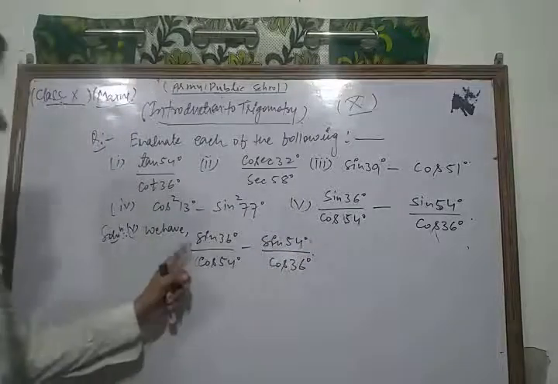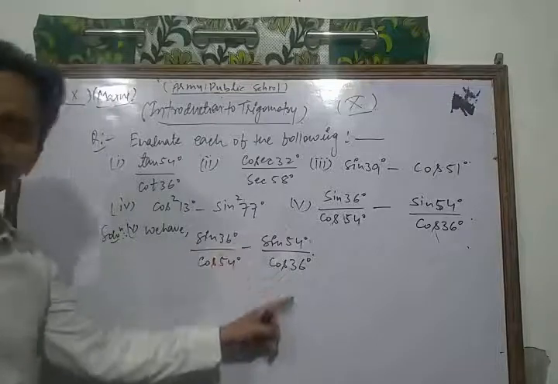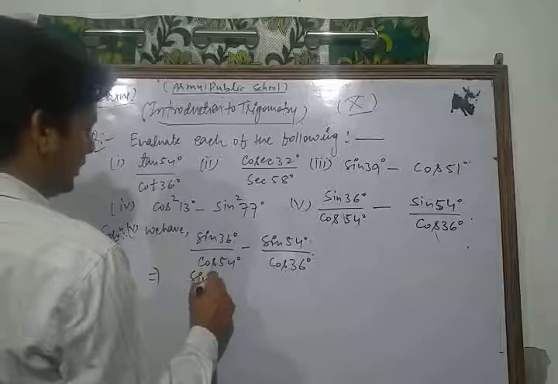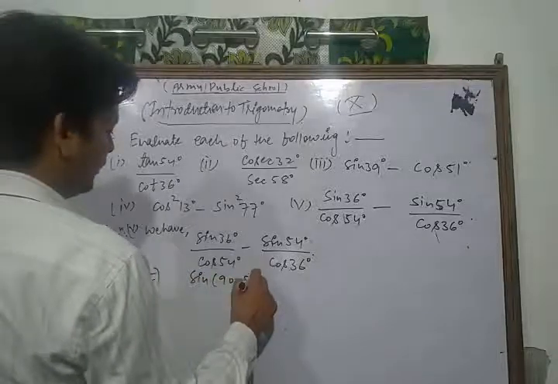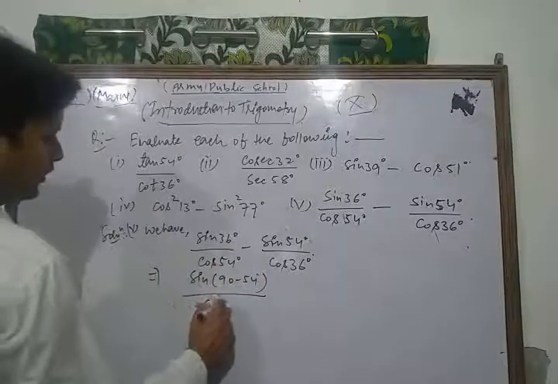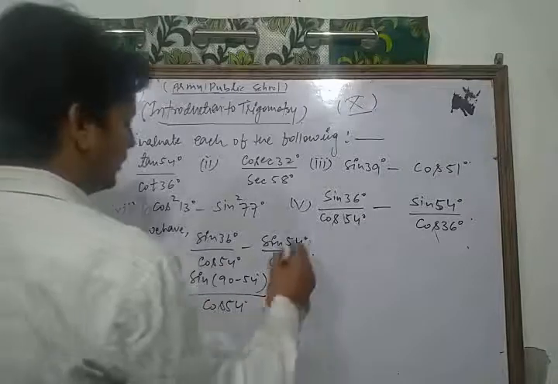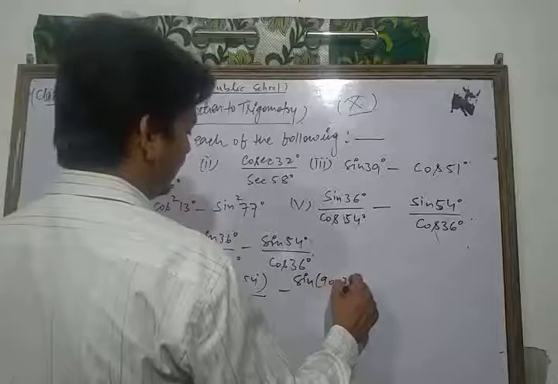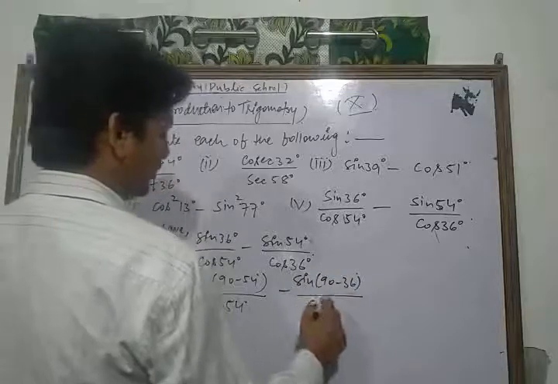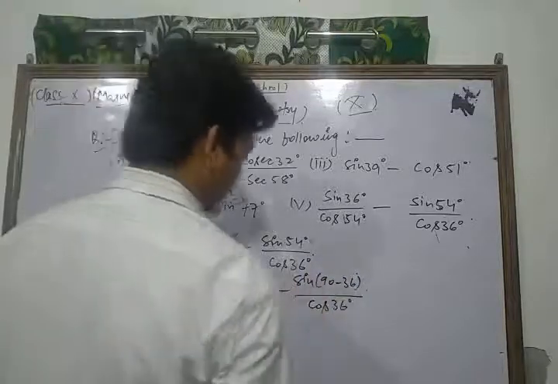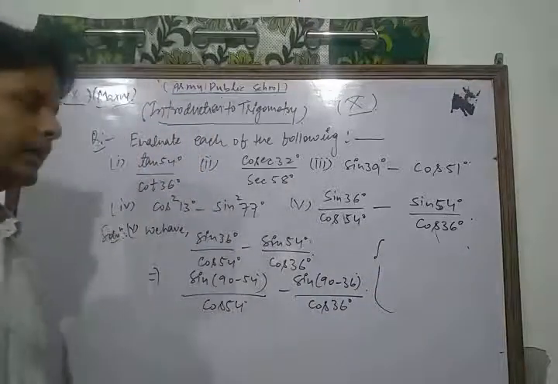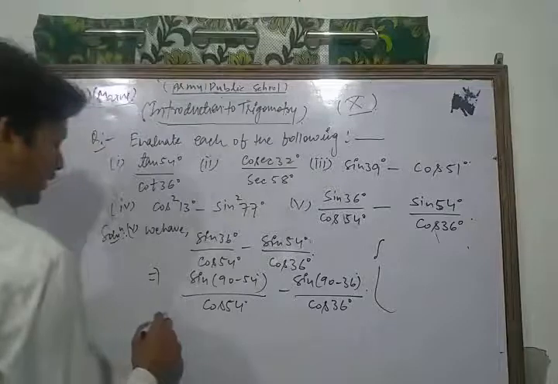Now we can convert, both are complementary to each other, so we convert one of them. So we can write sine 36 as sine 90 minus 54 degree, and we write cos 54 as it is. Minus, we write sine 54 as sine 90 minus 36 and cos 36 degree, right, as it is. And just you know that sine 90 minus theta is cos theta and cos 90 minus theta is sin theta, so we can write